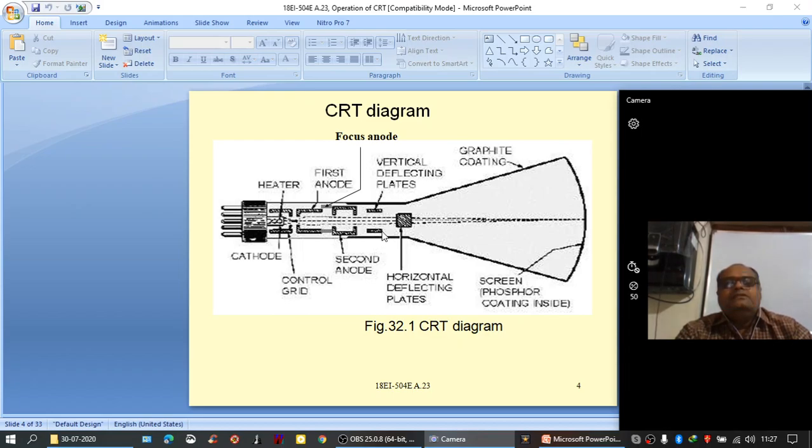the lower deflection plate would be negative compared with the upper deflection plate. So the electrons from the center start moving towards the upper plate as the voltage increases sinusoidally in the first quarter of the cycle. And by the time the amplified vertical input reaches its maximum, the electron beam would be almost close to the upper plate.